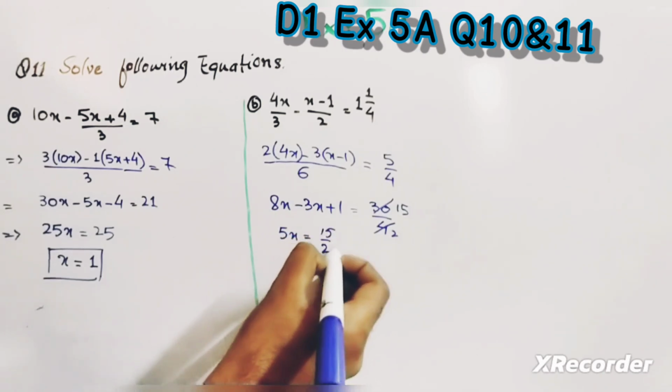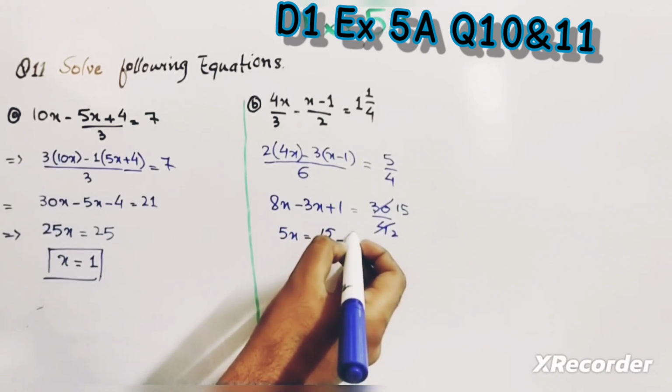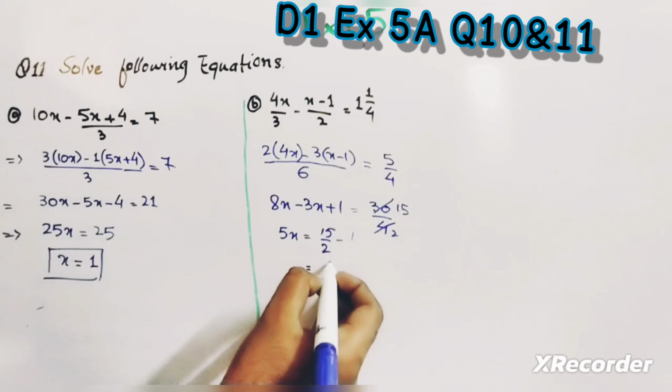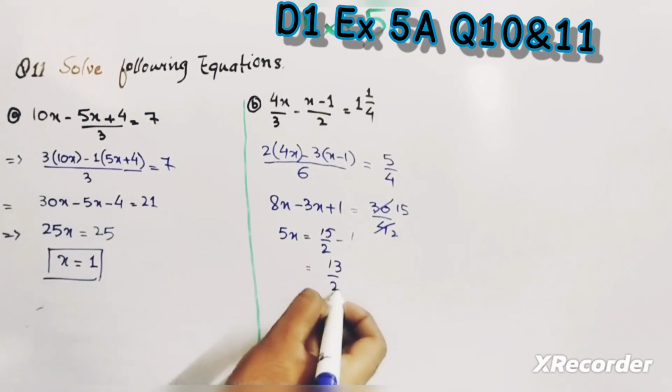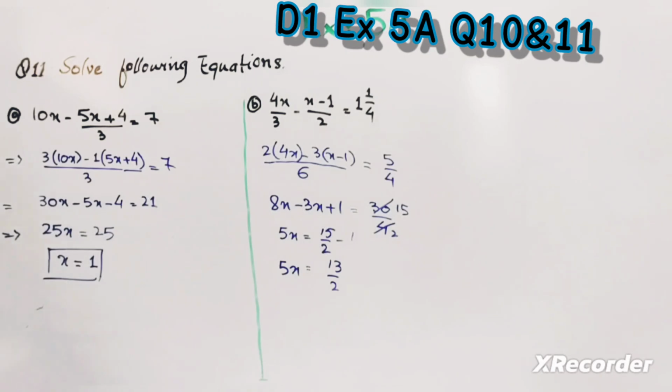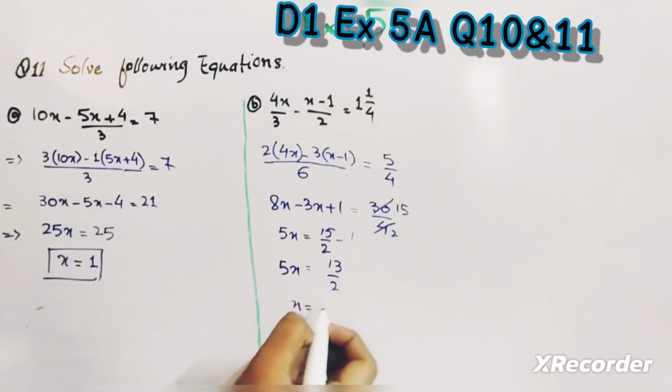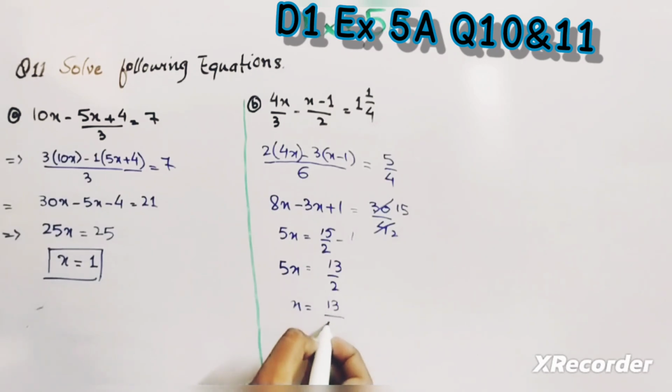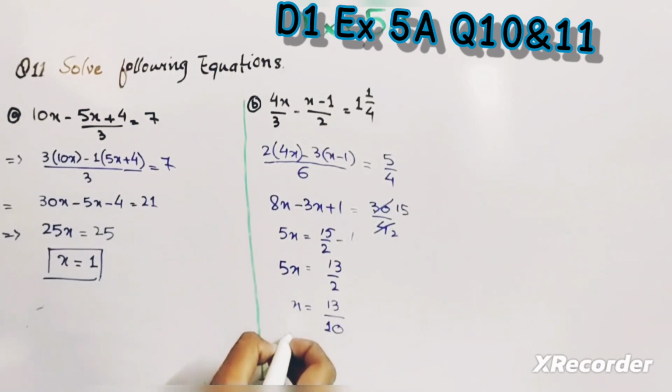15 upon 2 minus 1, and that is 13 upon 2, equal to 5x, and hence our x will become 13 upon 10,